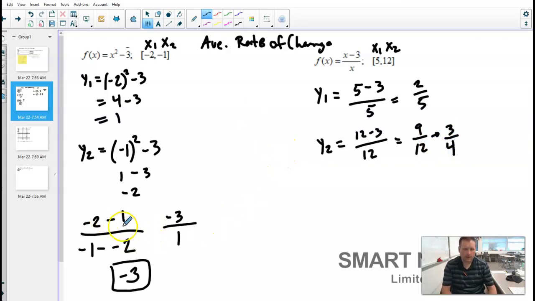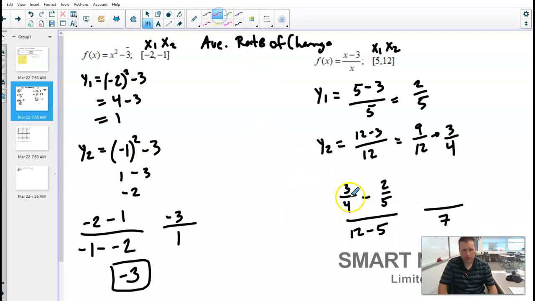So now I'm ready to use my formula, the y2 minus y1. So I've got 3/4 minus 2/5 all over x2 minus x1, so 12 minus 5. The denominator should be really easy. That's just 7. My numerator, I'm going to actually have to subtract and get common denominators. So I'm going to times this by 5 over 5,